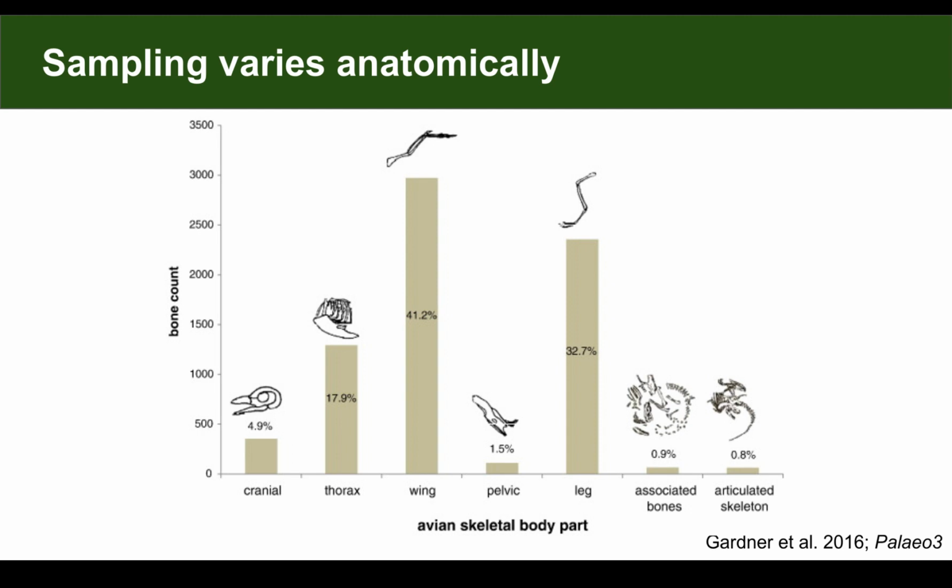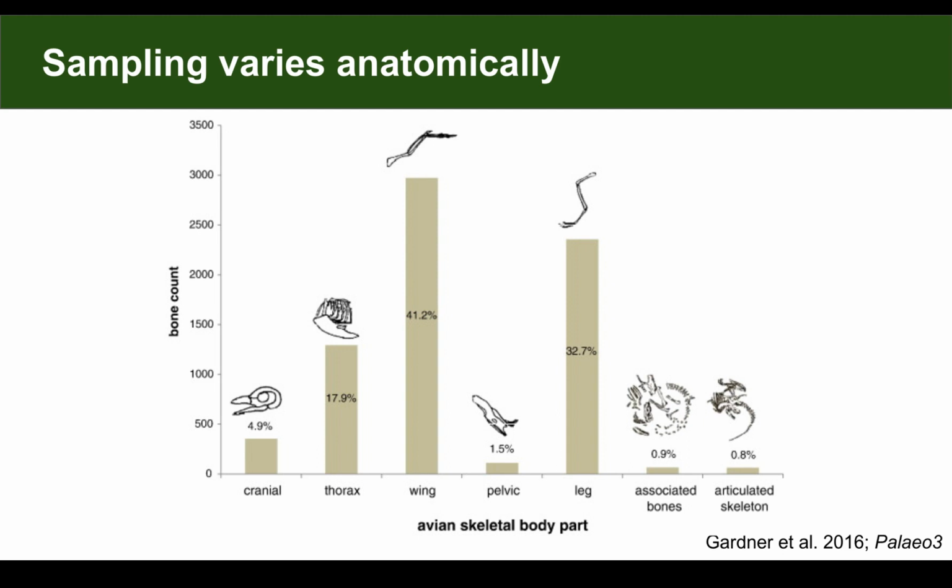Sampling also will of course vary anatomically. The biggest way that's the case, of course, is that soft-bodied animals will generally not get preserved in the fossil record, or will require exceptional preservation. But everything has soft parts of some form, and so oftentimes we're not sampling those for the species we do have fossils for. Instead, we largely have a fossil record of hard parts, so bones and shells, etc.